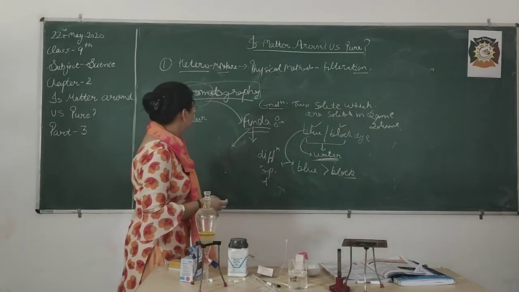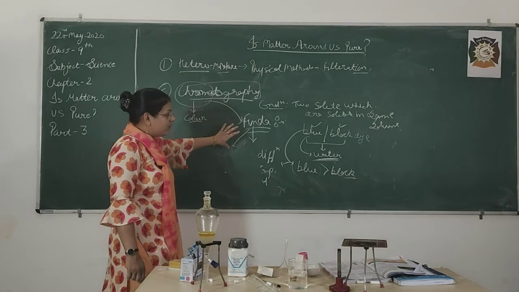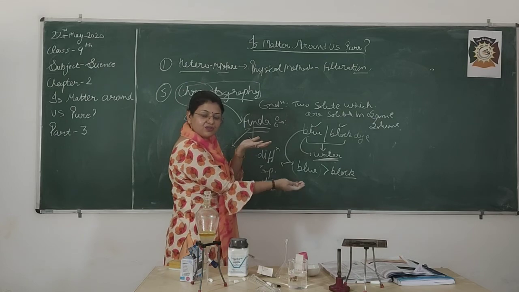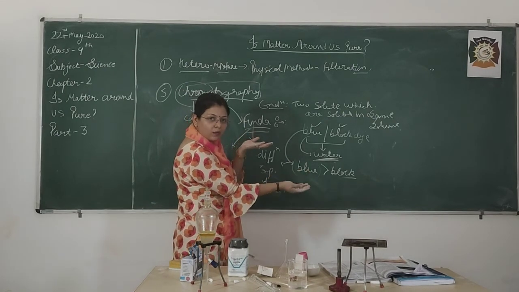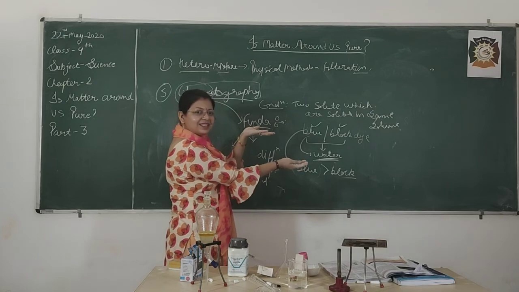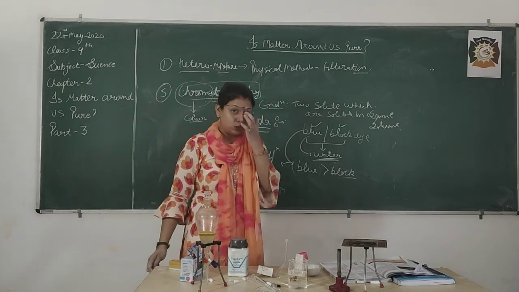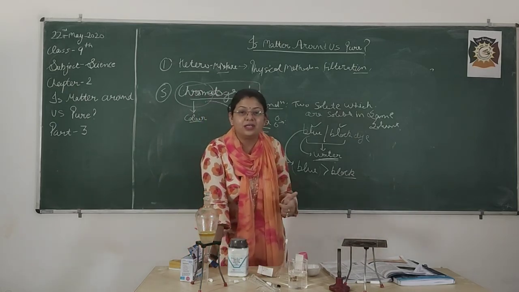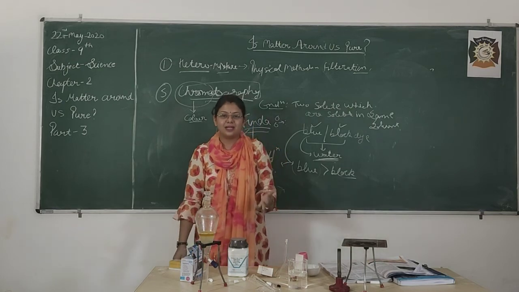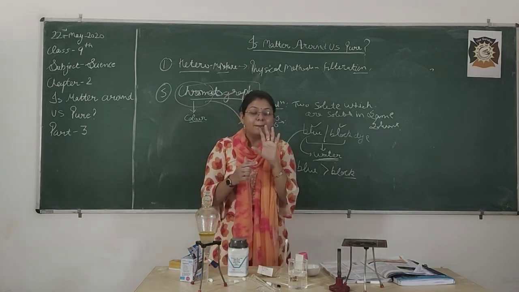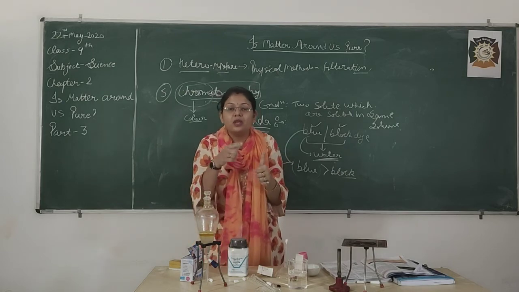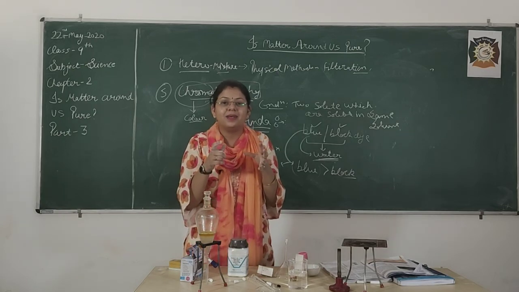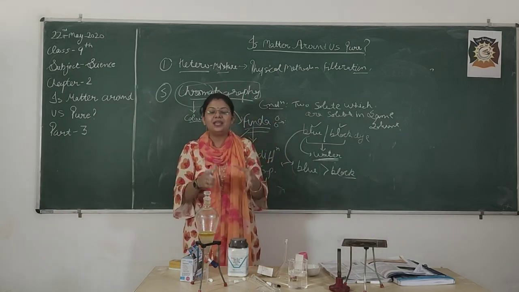So this is about the chromatography technique. The one having more attraction with the solvent is faster, and the other having less attraction rises at a lower rate. With the help of this difference in distances, we can easily separate the two things. So these are the 5 techniques we discussed today: evaporation, centrifugation, separating funnel, sedimentation as well as chromatography. You must remember the condition where you apply each process, and the basic concept related to every technique.